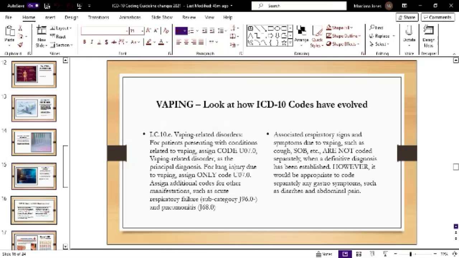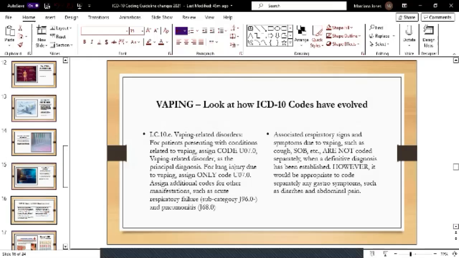And then anything else is going to be after. Now, for lung injury due to vaping, assign only code U07.0. No other manifestation codes needed. As you see here above, I was saying, where I'll put my cursor here, for patients presenting with conditions related to vaping, you're going to assign this code